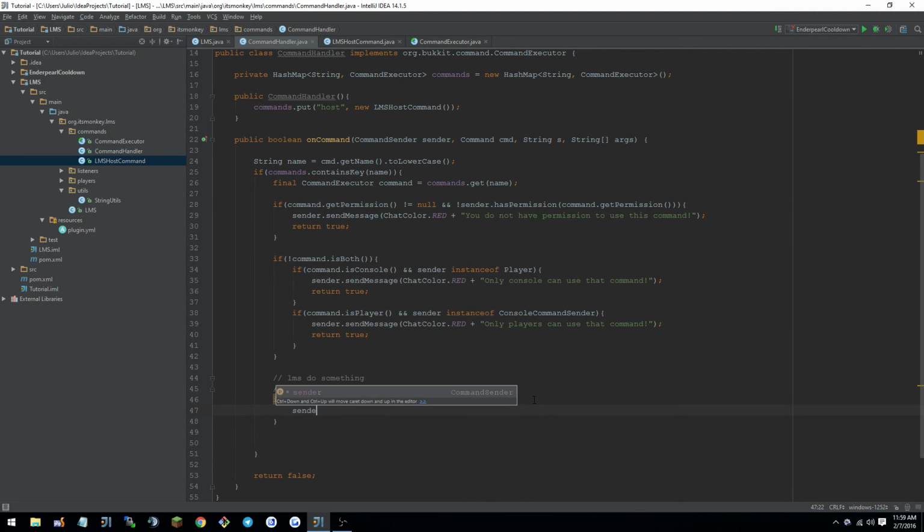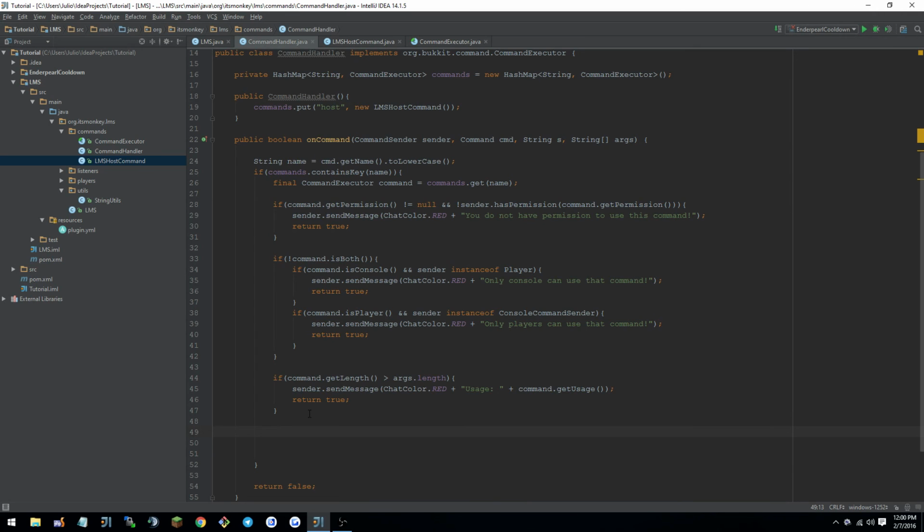We're making sure that that does not happen. And if it does, we can do send message ChatColor.red plus usage. We're going to do usage plus command.getUsage. Okay. Hey guys, sorry about that. I did not have that open, but I did. So yeah, let's just go ahead and continue. Return true. Let's get rid of this guy, and now that we did all of our checks and everything's good,